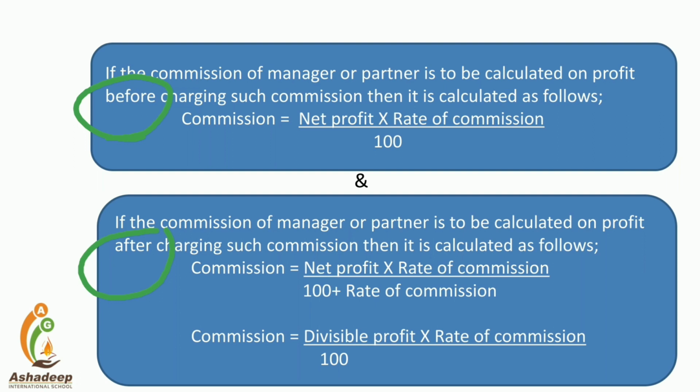Okay, for the after you can find two formulas for commission. The first one if you know the value of net profit, and the second one if you know the value of divisible profit. So commission is equal to divisible profit multiplied by rate of commission upon 100. So for the before there is only one formula, but for after there are two formulas. The first formula you have to use when you know the value of net profit, and the second formula you can use when you know the value of divisible profit. Clear? Okay. Now move on to the next slide